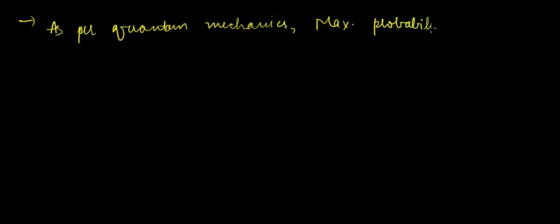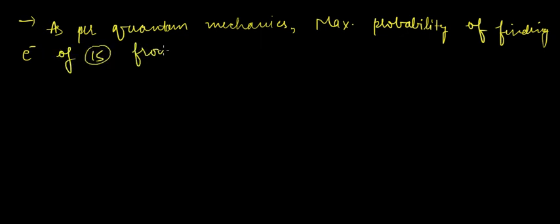So as per quantum mechanics, maximum probability of finding electron of 1s from where the nucleus is located, or directly from the nucleus, is 0.529 angstrom. Okay,